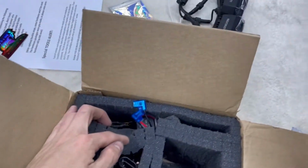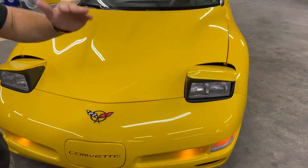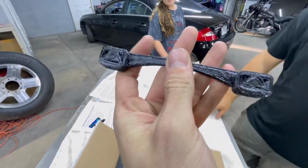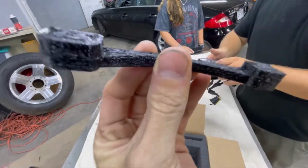So, before they had these metal brackets, and that's where it would stop them. Oh. And he just came up with these specially made pieces. So, a regular 3D print was